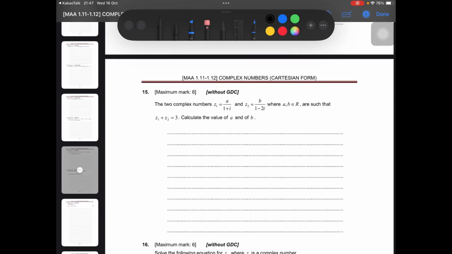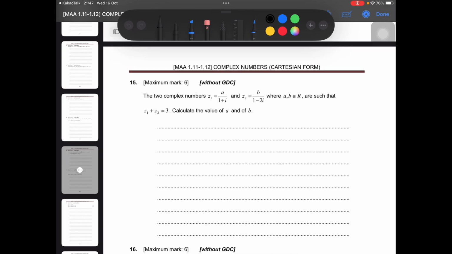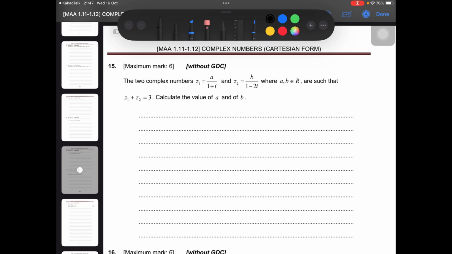So today, complex numbers questions. Again, this material comes from Christos Nicolades' teacher. So thanks to him. From number 15, two complex numbers, z1 plus z2 equals 3, and calculate the value